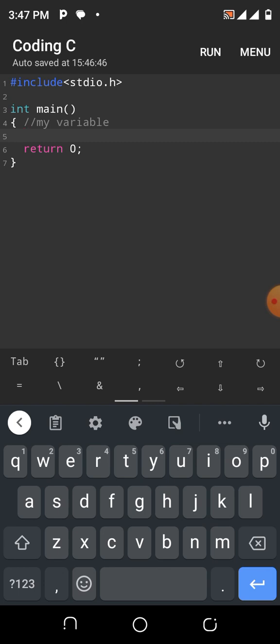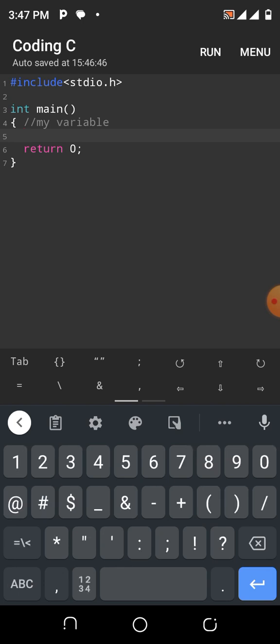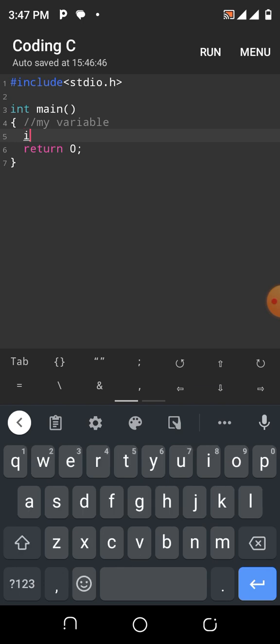Any C programmer should be aware that when you are naming variables, the names of the variables should not be the same. I'm pretty sure I explained that, which means that, for instance, you cannot have variables